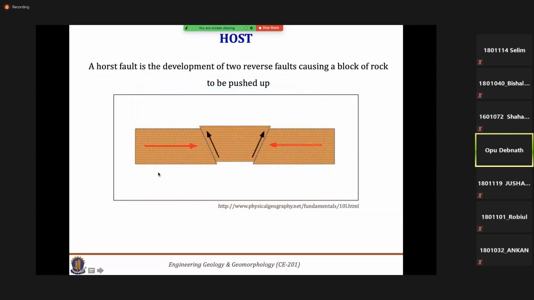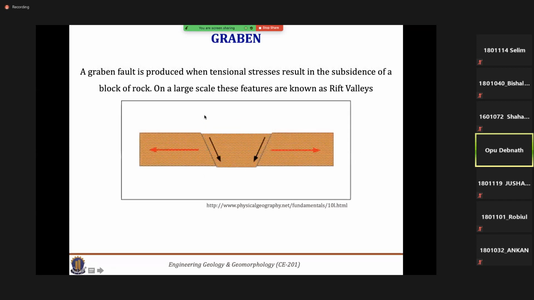Another one is horst. This type of fault is developed when two reverse faults move. That means, due to the compressional movement of two reverse faults, the remaining or intermediate block is pushed upward. In such a configuration, the intermediate portion will be pushed upward, and this is called a horst and graben. And when the reverse condition occurs, that means two